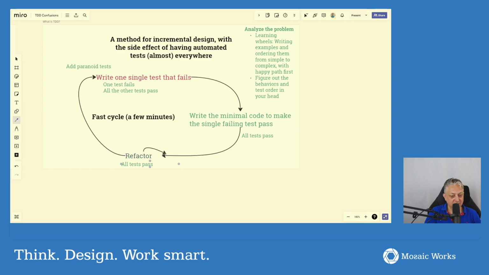After each refactoring, we run the test. After each refactoring, all tests should pass. If one test fails after refactoring, or more, then we go back to a stable point where all tests are passing